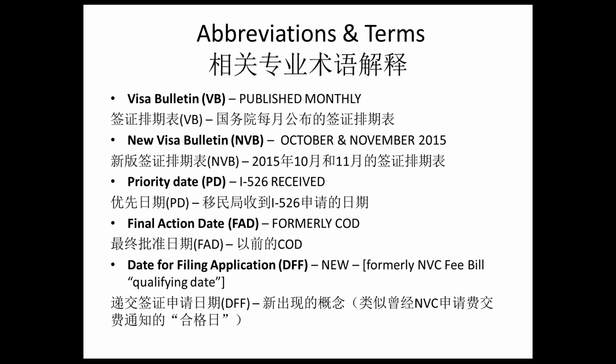The new Visa Bulletin is the bulletin that was published in October and November, and I call it the new Visa Bulletin because it has two different sets of numbers with two completely different meanings. 我们所说的新版的排期表呢，就是在今年的10月和11月的排期表。为什么叫它是新的排期表呢？因为它是第一次出现了在一个月里面出现了两组不同的数据，所以是两个不同的表。